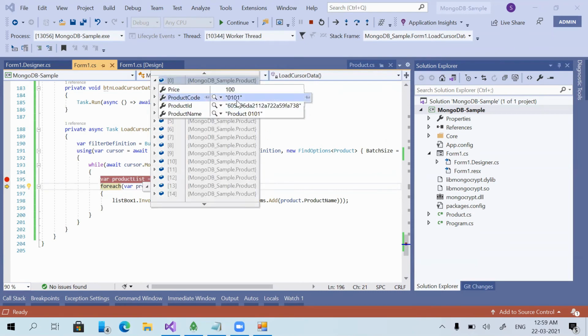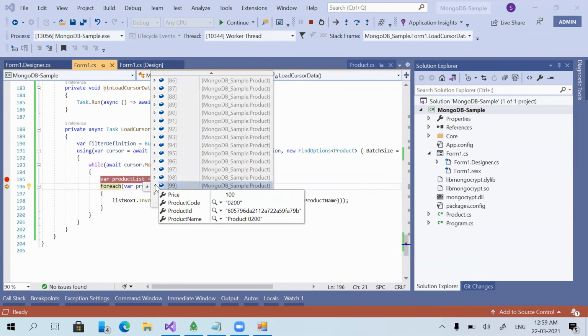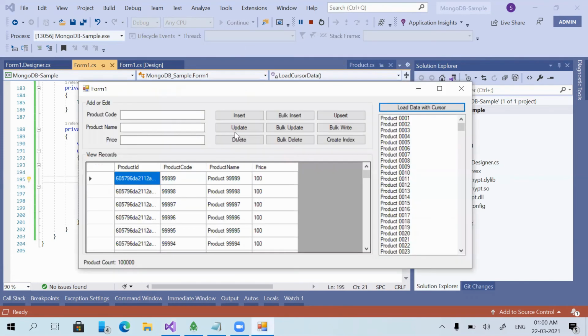The product code started from 0101, the next product, and from there it has taken the next 100 products. It is 0200, and those 100 products will get added to the list box. In that way, this function will take 100 products from the database and process them, then take the next 100 products from the database and process them.